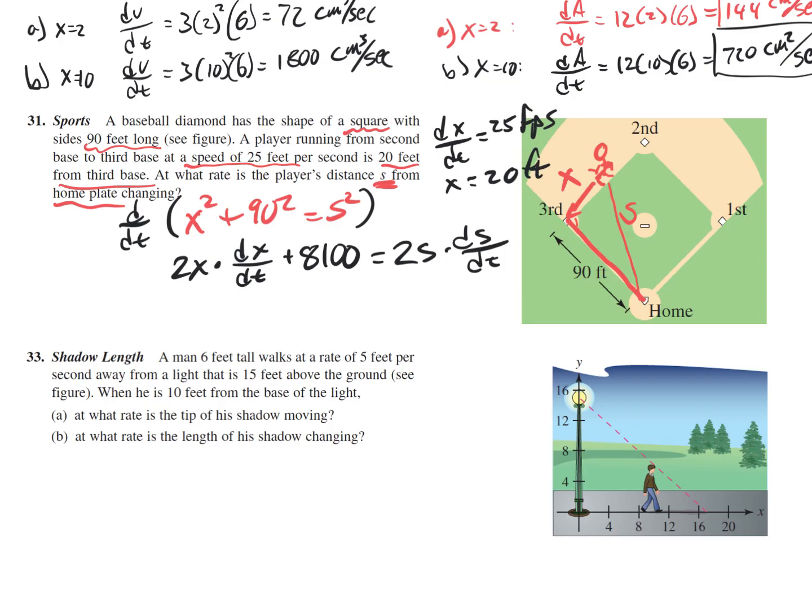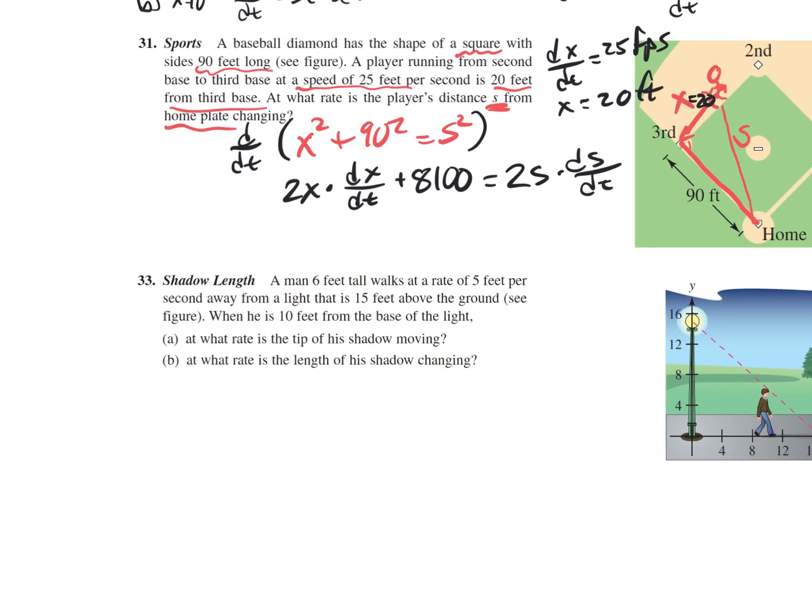So we want to find out when x is 20 and dx/dt is this, what ds/dt is. Now, we also know one thing. At the moment that we are concerned with, x is 20, we need to find s. So when x is 20, well, we know that